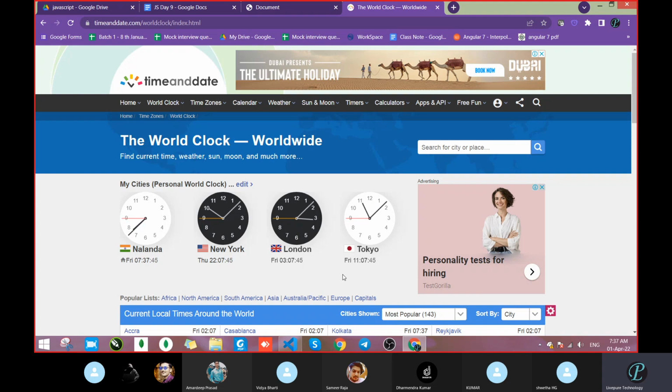Is this before or after with our location? After, because now the time for our location is 7 o'clock, but their location is 11 o'clock, and that is Friday. And how are we calculating whether this is after or before? With the help of a day, because this is Friday, and this is Friday, but here this is Thursday and this is Friday. So with the help of that we can compare easily whether this is previous or after,